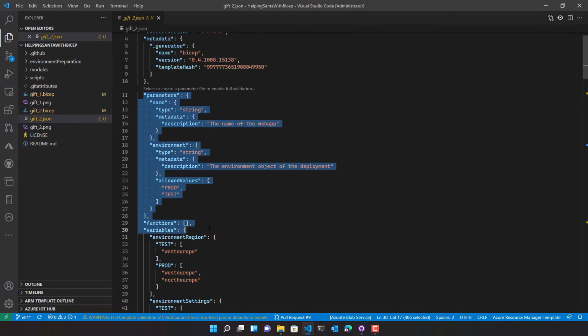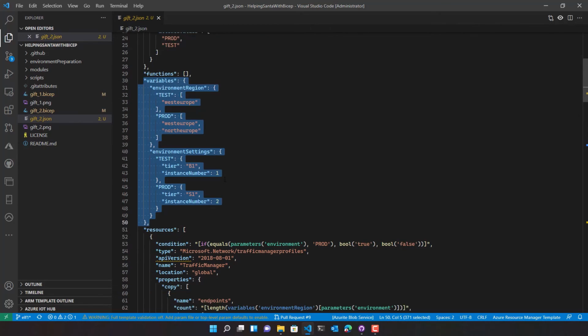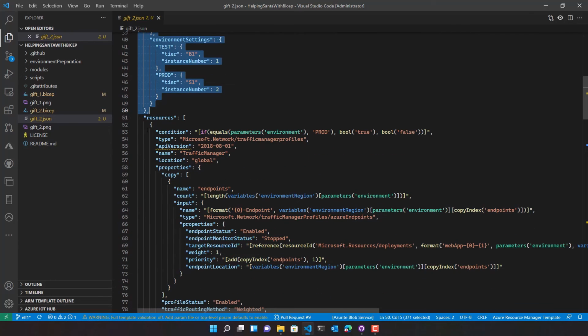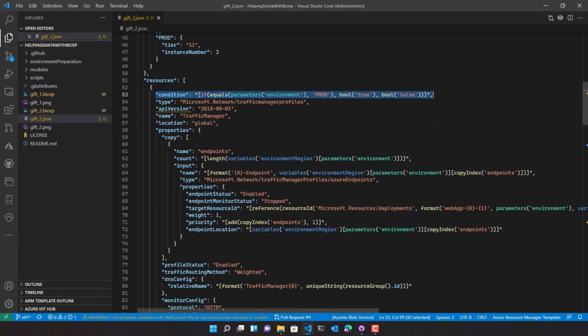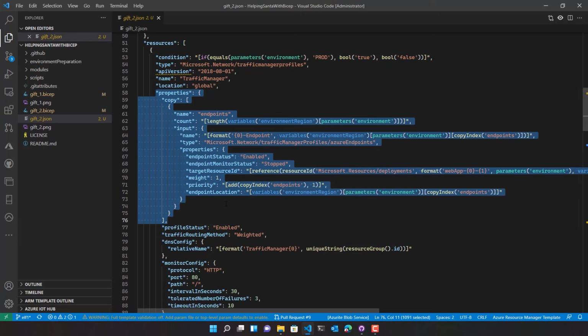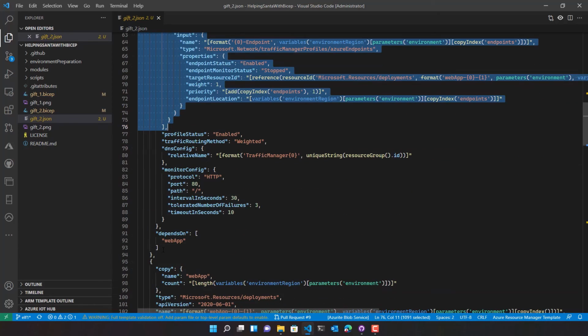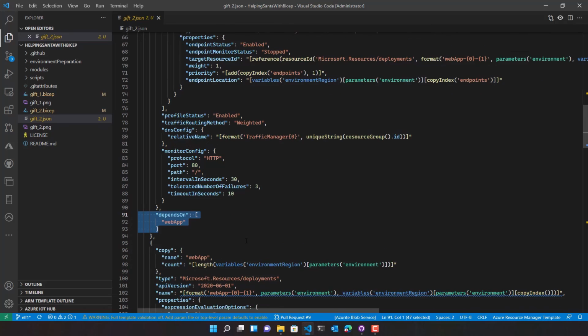Here you have the parameters section and the variables section where we have defined the arrays. Then there's a traffic manager resource with a condition that deploys it only if we are working in the production environment, then a copy loop for configuring the endpoints of this traffic manager, and an explicit dependency on the web application we are delivering in the current environment.